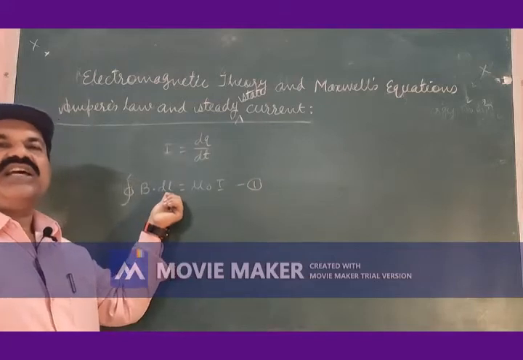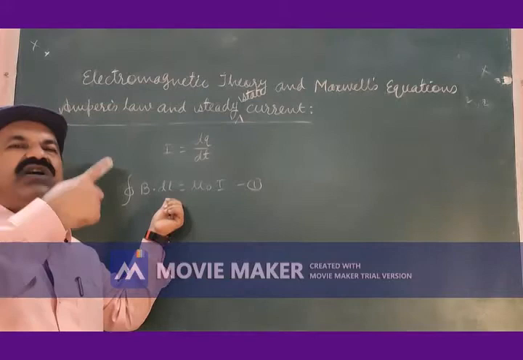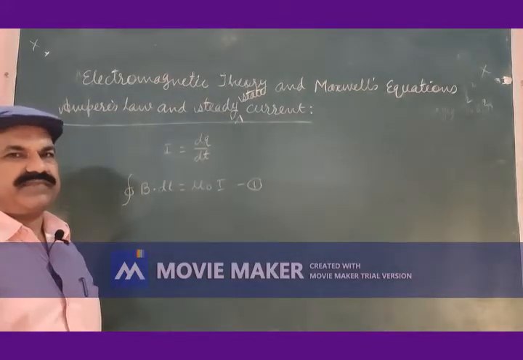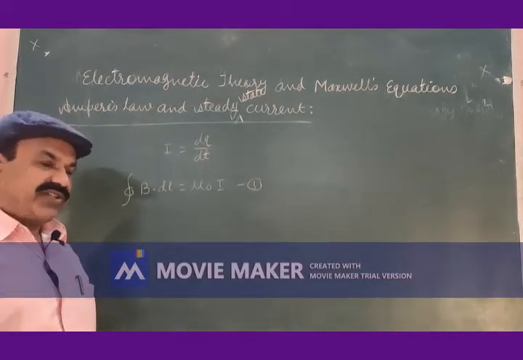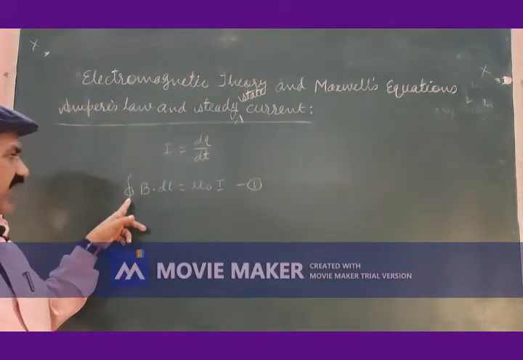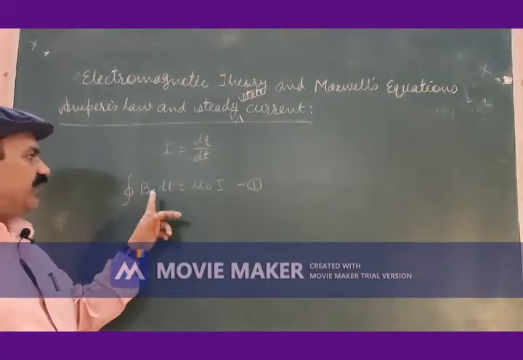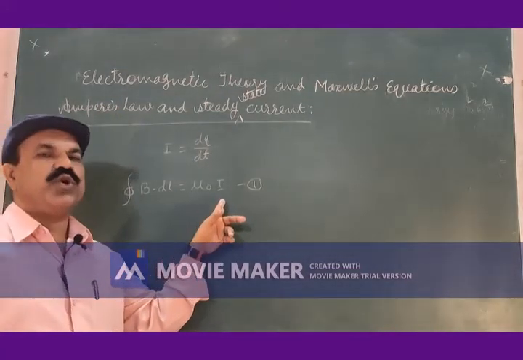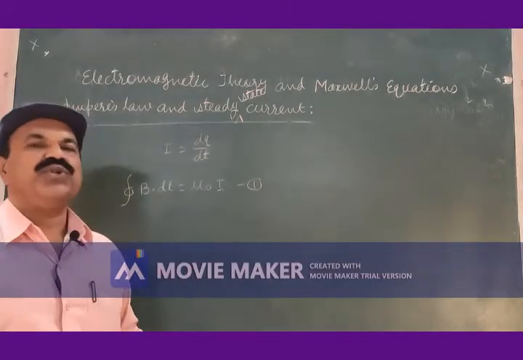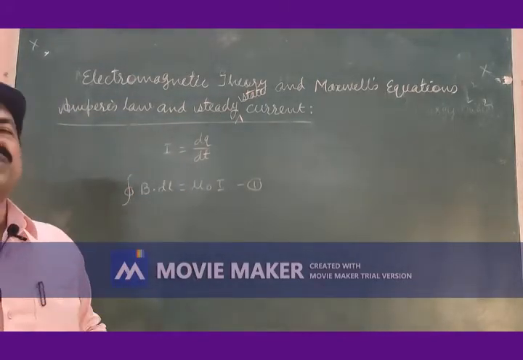The smallest line element of a closed path, which is a vector. B is a vector, dl is also a vector. When you carry out the line integration of these two around the closed path, the integral you obtain will be mu 0 into I. And therefore, the statement of Ampere's law is,